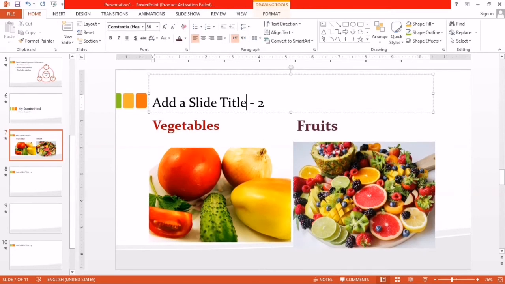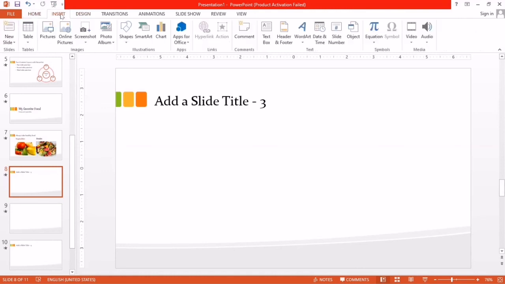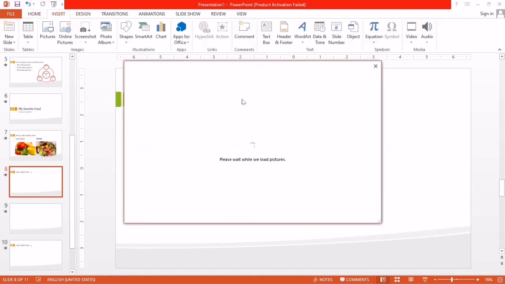Here is Add a Title, so you can add any title for this. So I write here, always take healthy food. Okay, now in the next picture also if you want to insert anything, for example here in your book a picture of a house. So if you want to insert a house, go online and wait a little.